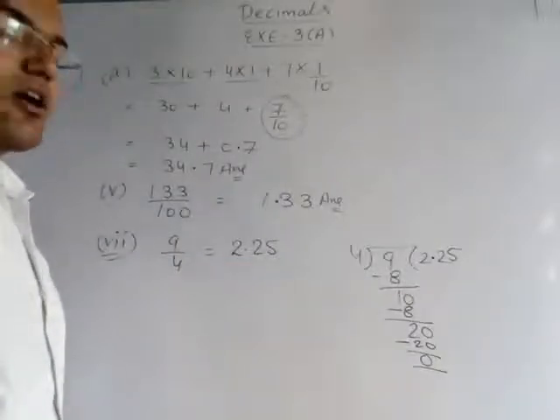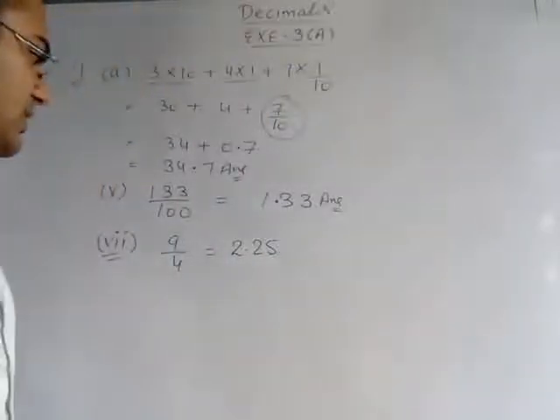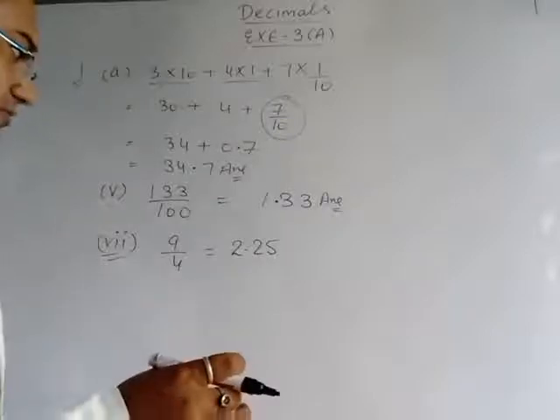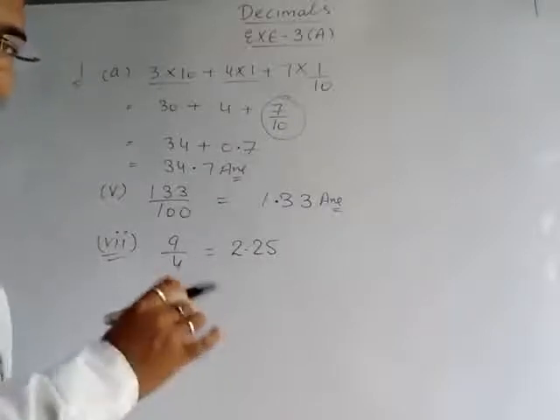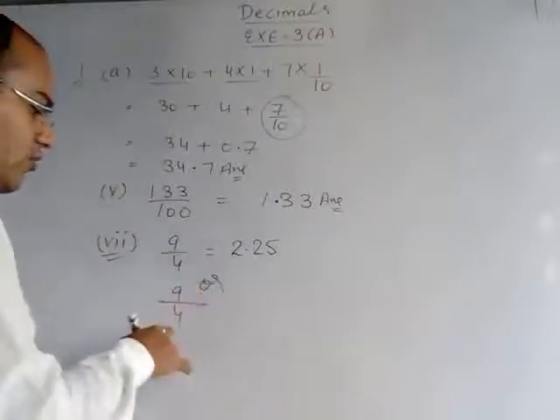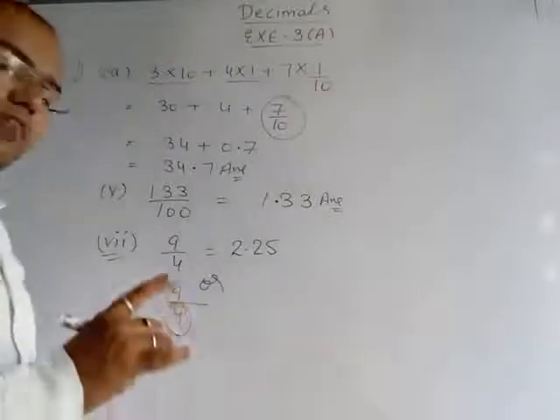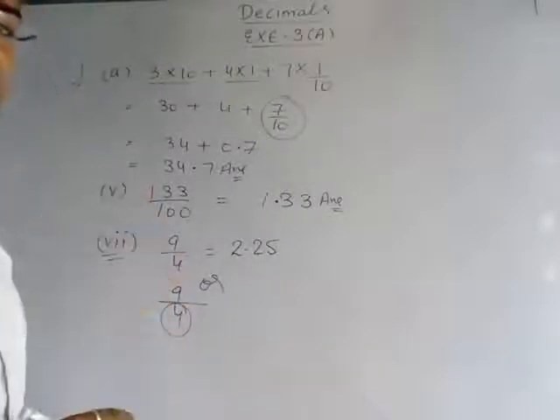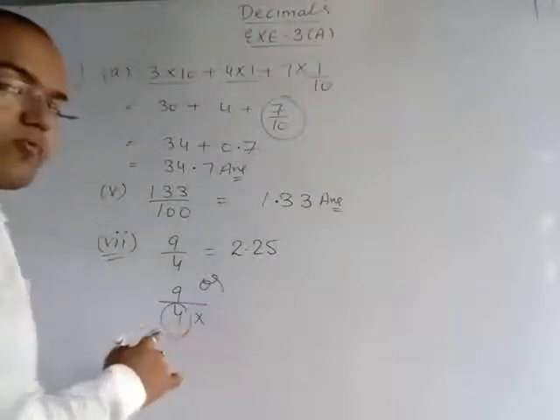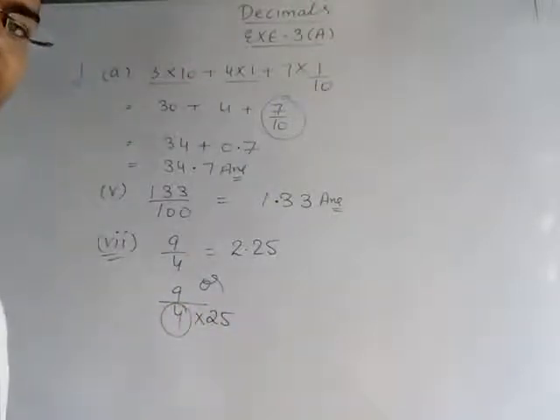Now another method, how can you do it? Another method is, in the denominator we can make 10, 100 or 1000. Whatever is possible to make, that number we have to make in the denominator. As here in the denominator 4 is given, in the table of 4, 10 will not come, but 100 will come. 100, how many times will it come in the table of 4? 4 into 25, if you do, 4 twenty-fives are 100.